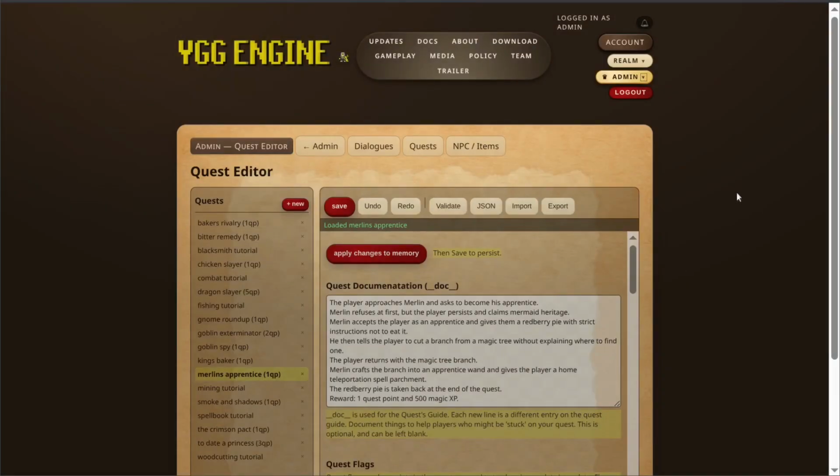Okay, I'm going to go ahead and show you Merlin's Apprentice in the quest editor on the web app here. You can, on your server instance, just go right to the tab where it shows the quests and just go to the editor here. Or you could import the file directly, or maybe if you're working on your own local server, that kind of thing. As well, you can always work directly from the JSON files or the Python dictionaries directly if you prefer that too. So I know people maybe want to do a lot of quests with LLMs,